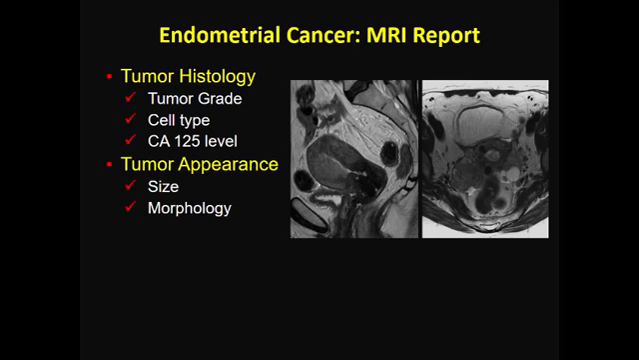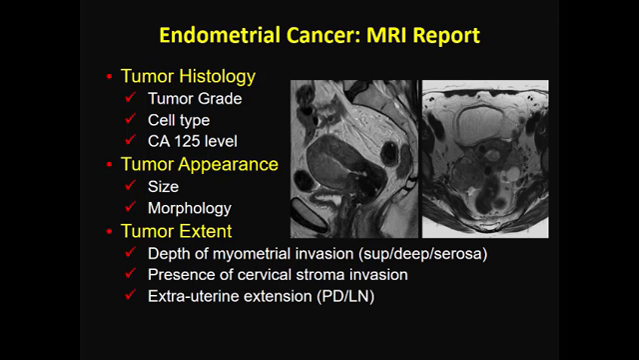The tumor appearance, the size, the morphology, if it's heterogeneously enhancing or not. And sometimes I put some sort of notice on how it looks on the ADC map, and I'll give an example later on. And of course, tumor extent, depth of myometrial invasion, is it superficial, is it deep,